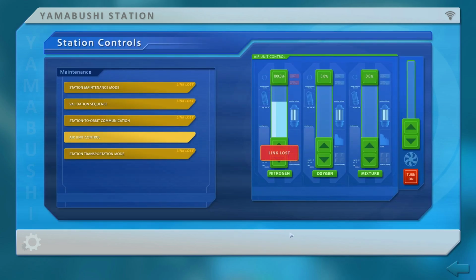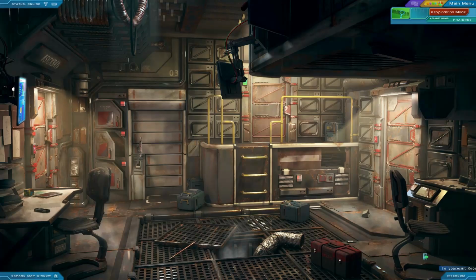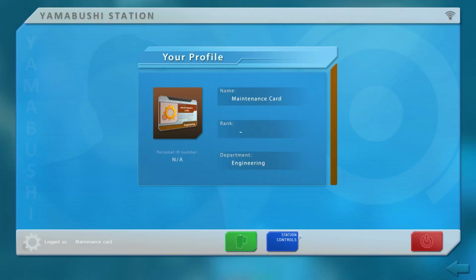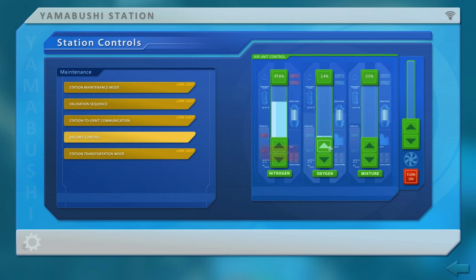Oh, here we go. Okay. There we go. So it indicates the important values for the air generator. 20.9 and 1.1. Okay, so I'm going to assume 20.9 is this one here. And then oxygen would be 1.1. Mixture, we have to...